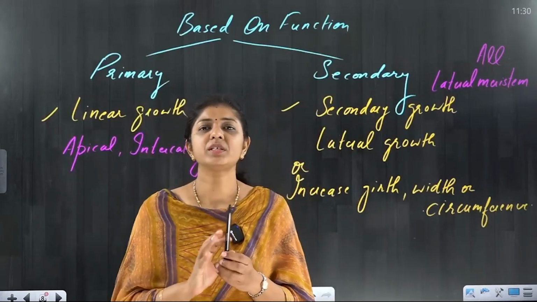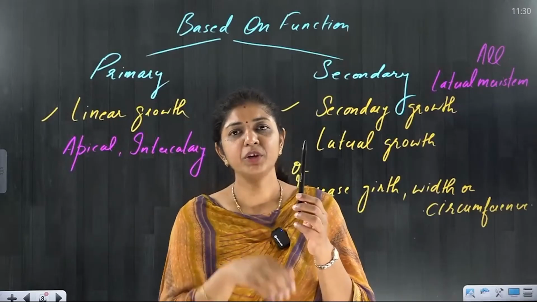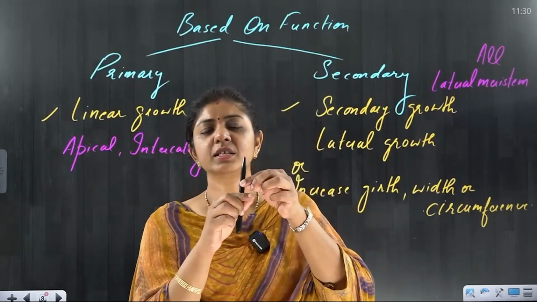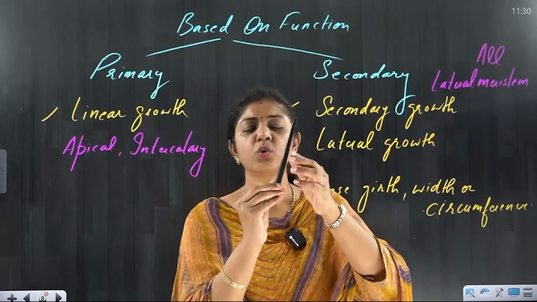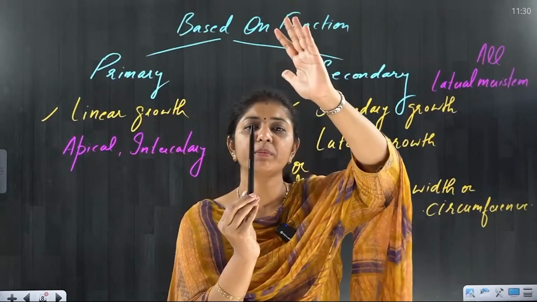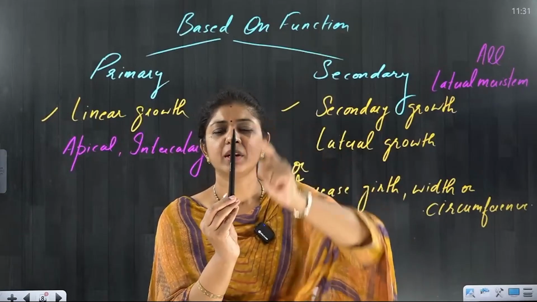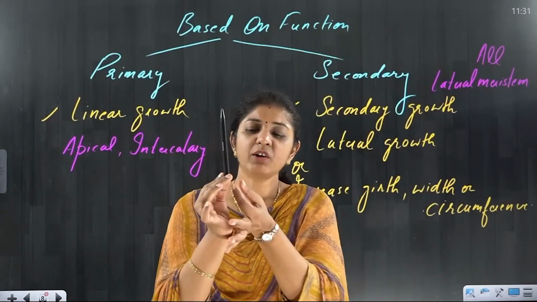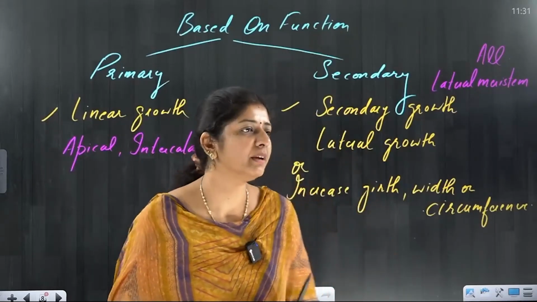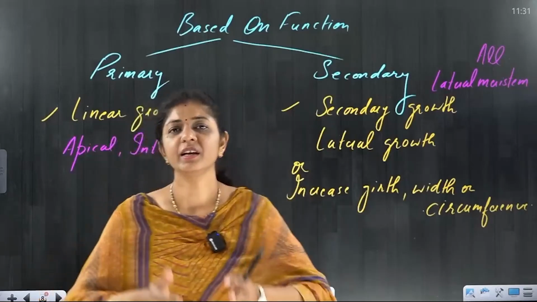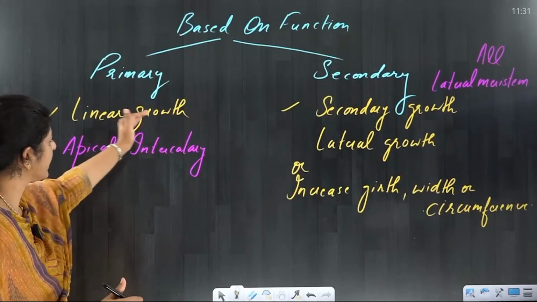If they are going to increase the linear growth, height we use the word for the stem and depth we use the word for the roots, because this is the main axis, the ground level where you have sown the seed. From there, who is going more in height, who is going more away from the ground in the aerial part, that will be the stem part. So the shoot apical meristem will go away from this axis and the root will go more in depth. This is having root apical meristem, this is having shoot apical meristem, but both are helping in the linear growth of the plant. That's why you call it a primary in function, because they are helping in linear growth.